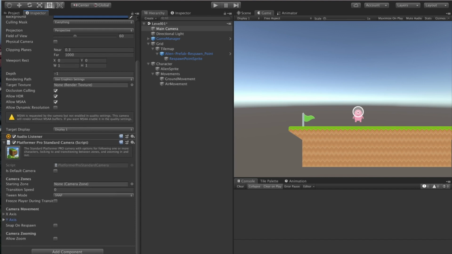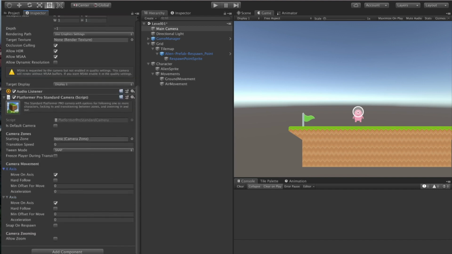Let's add this camera, and for now, let's say that we won't move on the y-axis, but we will move on the x-axis, and we'll start moving once the character is about 2 units from the center of the screen, and we'll accelerate at about, let's say, 5 units per second.